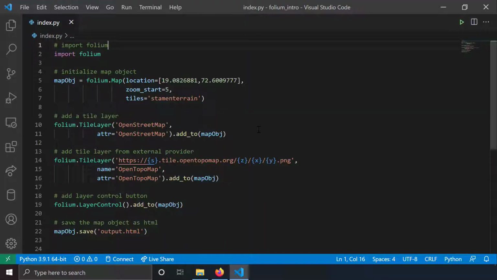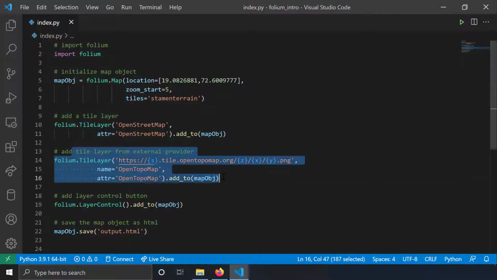So alright guys, this is the essence of this tutorial now. First you got to import Folium, and you have to initialize the map object. So this is how you can initialize the map object, and this is the default map center and default map zooming and default tile provider of the map you have initialized. And you can add new tile layer using this folium.tilelayer and provide the default provider. And if you're not providing the default map provider, you can provide tiles from external map provider also by using this URL style map providers, and you can give the name and attribution to that. And this is how you get the external tile provider.